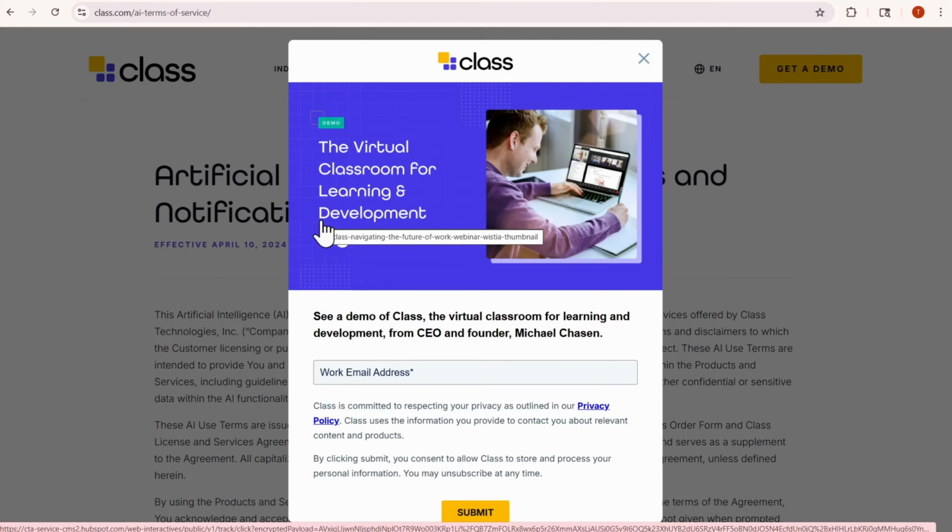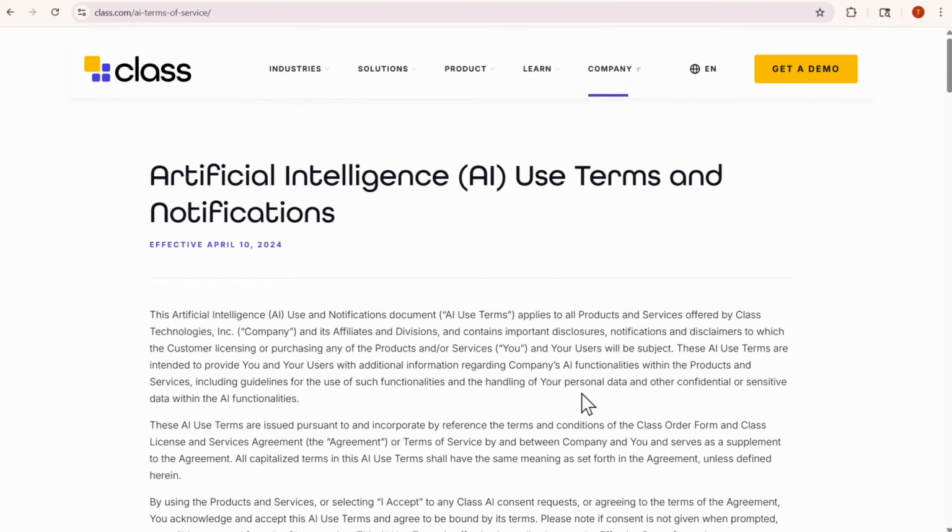So we can see here that they have the virtual classroom for learning and development. There's two immediate questions I have in my mind. Is the learning and development for children, right? We already know that there are very specific ways in which children's personal data can be processed. If it's not for children, what type of information is being processed to provide this virtual classroom? Because there's very specific ways in which records related to students can be processed. There's different federal laws that are associated with processing of children's data and processing of records when it comes to learning, right? Educational related industries.